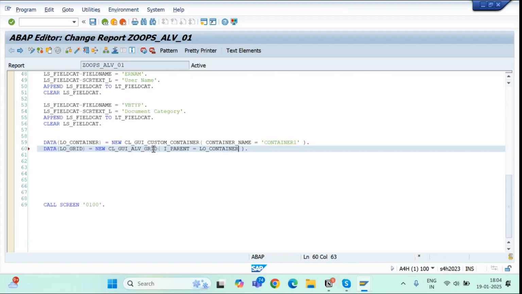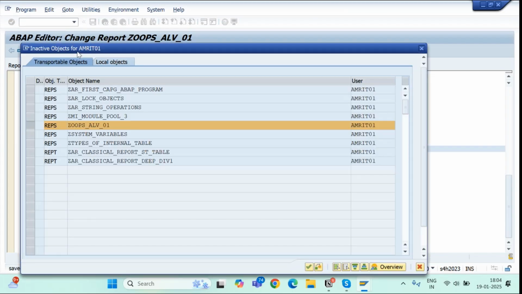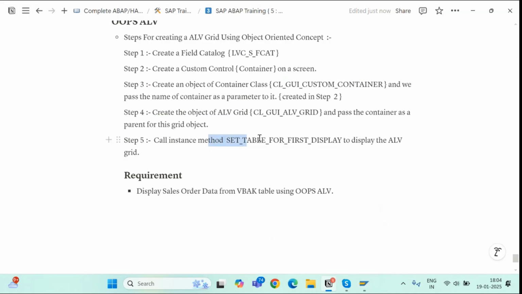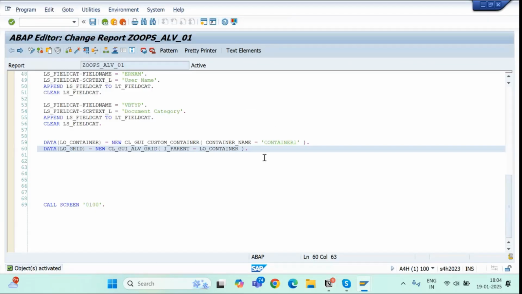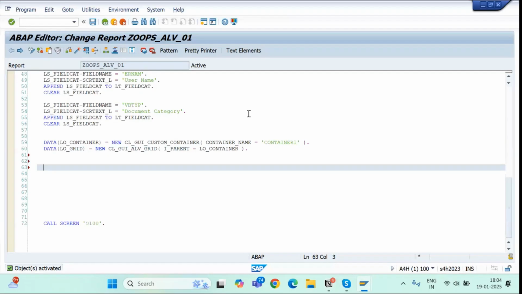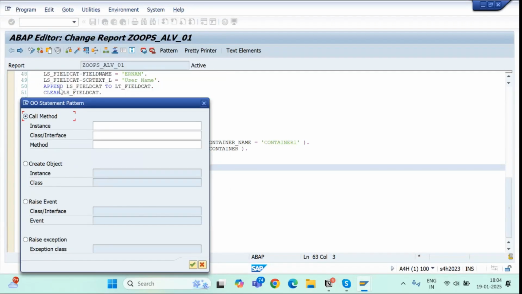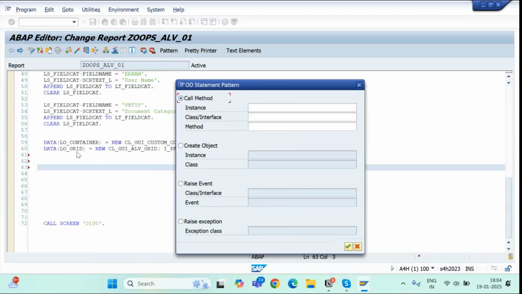Object of container here. Okay, activate it. So now it has been created, and at last we have the fifth step: call this method set table for first display to display the ALV grid. So I will call it pattern, ABAP object pattern. Our object name hello grid,